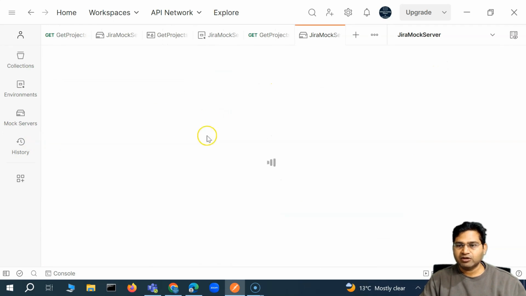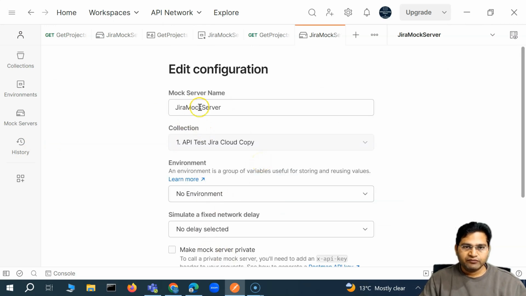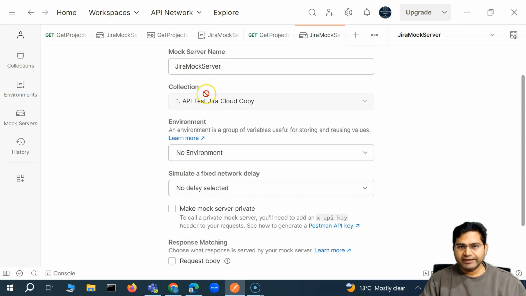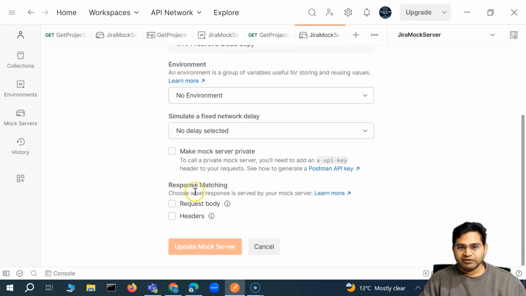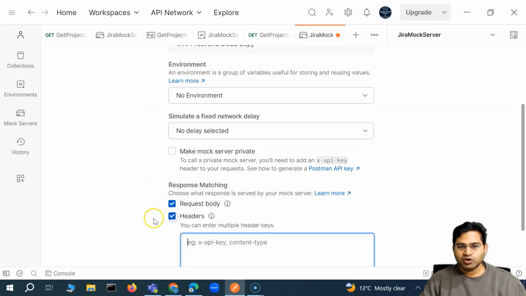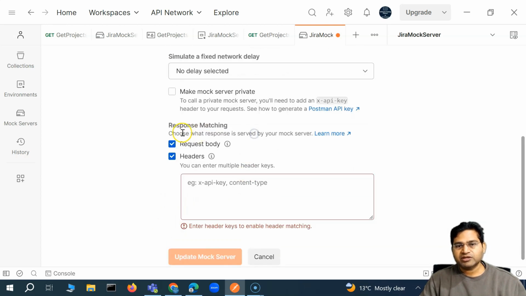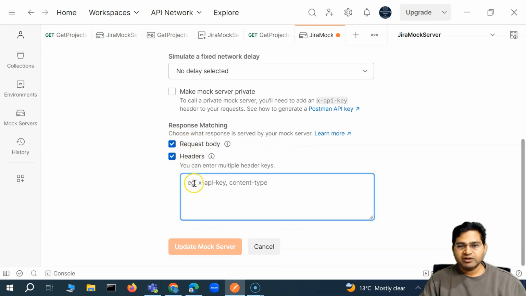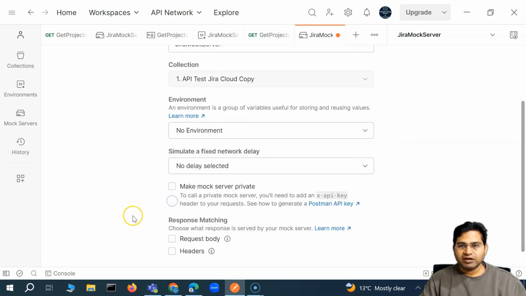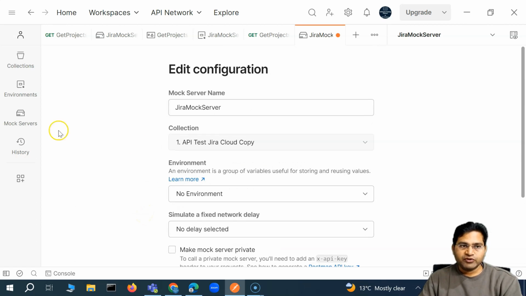Simply click on edit configuration, and in the configuration you can edit the mock server name. You can also edit the response matching, right? So basically here you can say request body, headers, what you want to see in the response. Choose what response is served by your mock server. So if you want to serve the request body or a specific header, then you can specify that here as well and update the mock server accordingly. So this is briefly how you're going to create a mock server from an existing collection and use it in